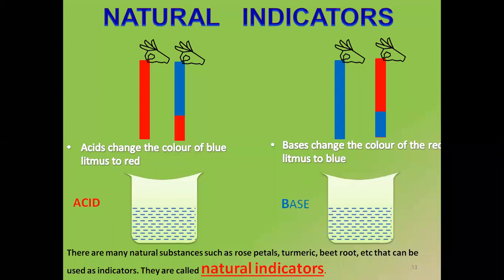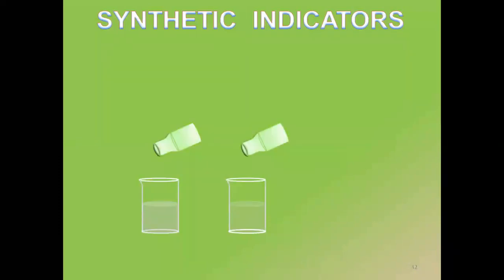Did you all understand how turmeric is helping us to know the color change, just like the litmus paper? All right. Apart from these natural indicators, there are certain chemical substances available in the laboratory, which are called synthetic indicators, made in the lab with the help of chemicals. One common chemical you might have repeatedly heard about is phenolphthalein. I'm pretty sure everybody has heard this term, phenolphthalein, which is an indicator.